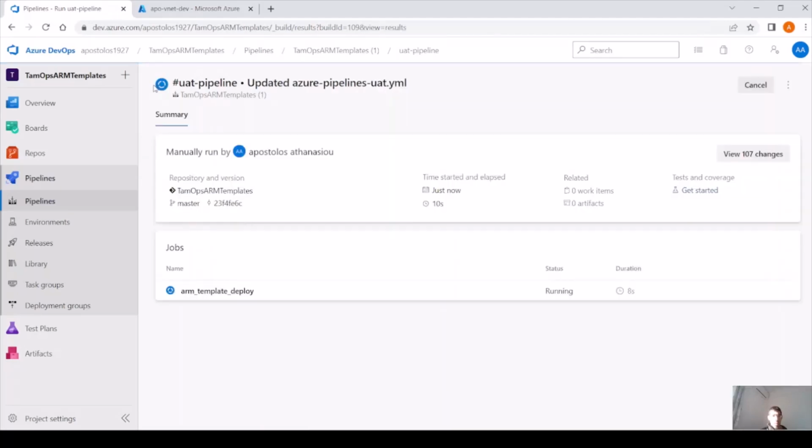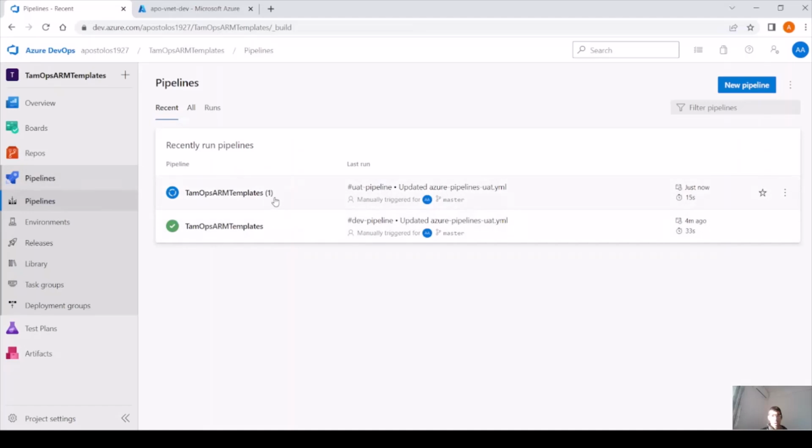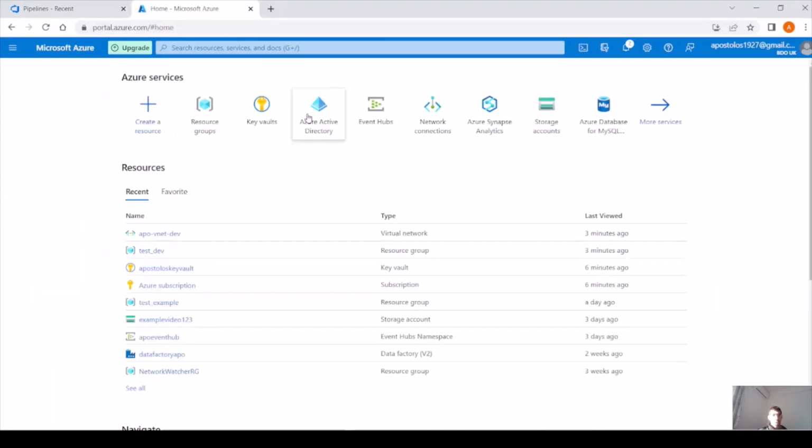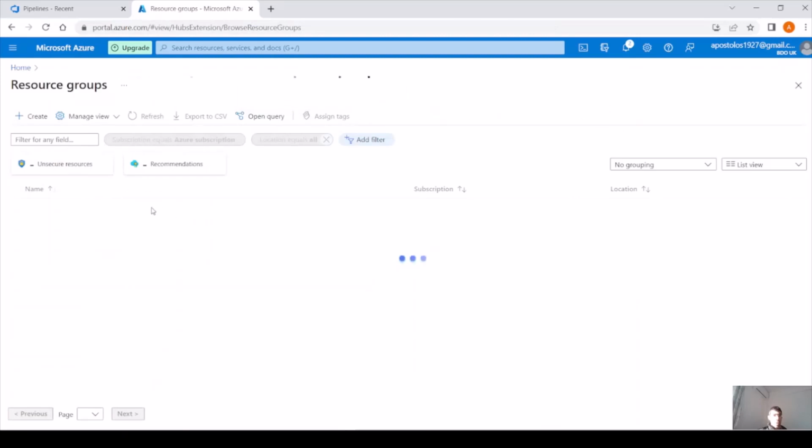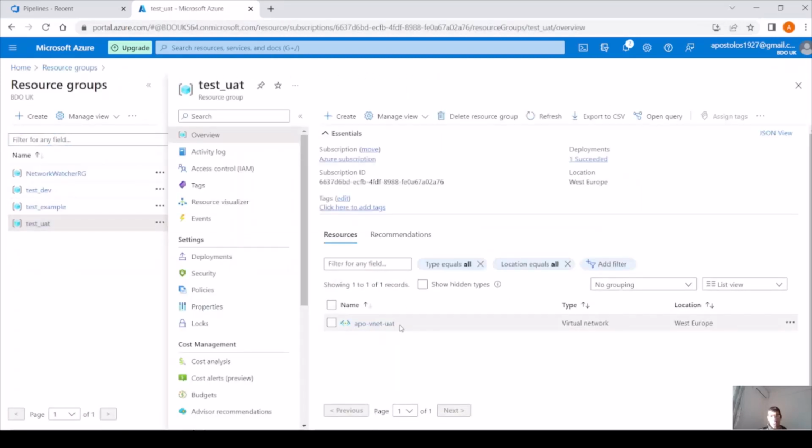Now let's go back to here under pipelines. You will see here the name of the pipeline. It's what we have defined in our variable groups, in our parameters for the pipeline name. Remember, UAT pipeline, dev pipeline. And here is just an example of how to pass variables from the variable group and configure your YAML file. And if we go into resource groups under test UAT, you will see our VNet